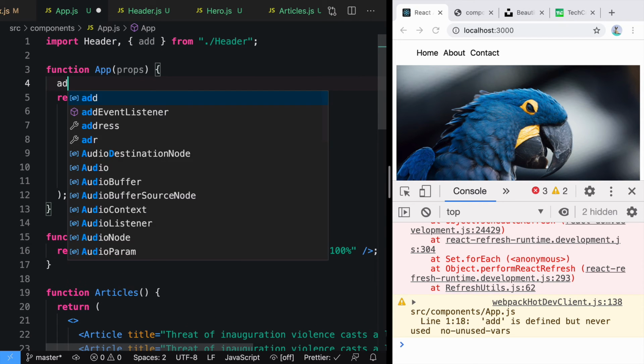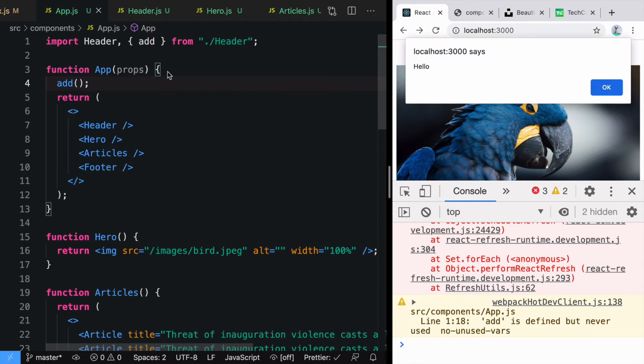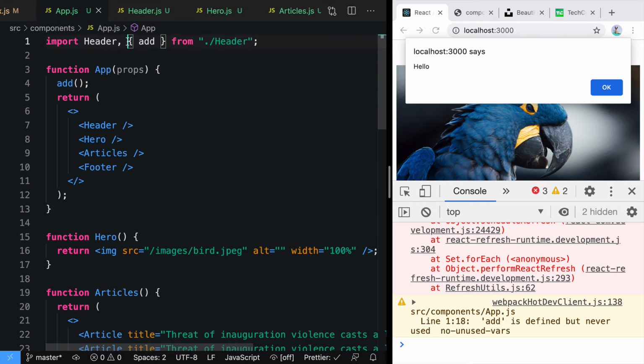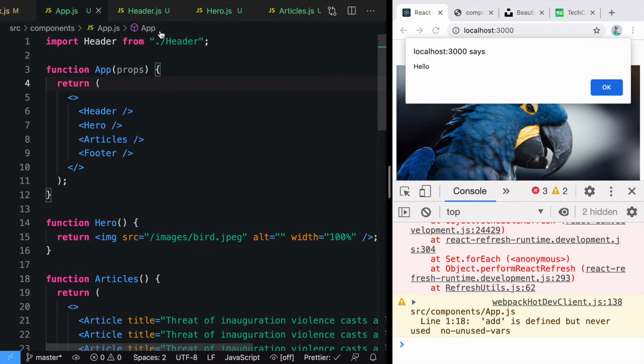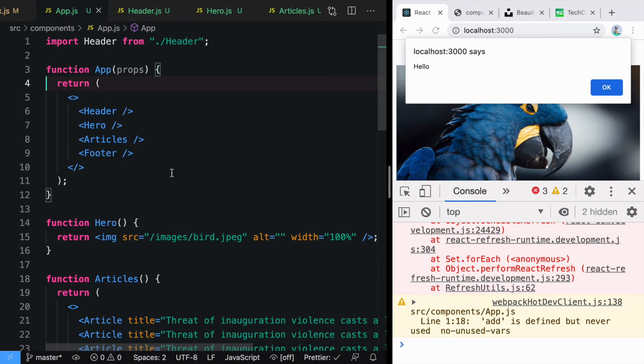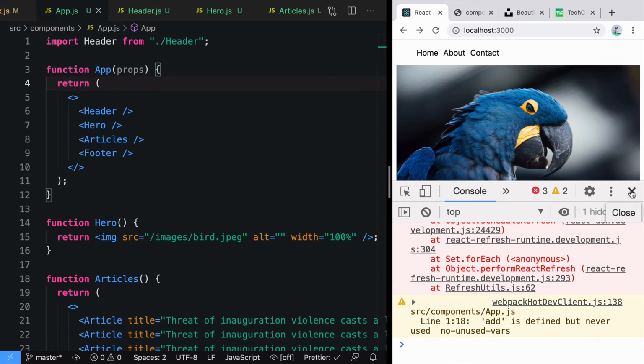So what if I want to call that? I can just call it here. As soon as you save it, what happened? The function that you exported from here, not the default export, got imported here, but here you have to do destructuring to import it. So you will get access to the object, and that object has a property called add. We are importing it here. For now, we don't need it, so I'll just delete this part. Delete this also. So in this way, we learned about the difference between export and export default.